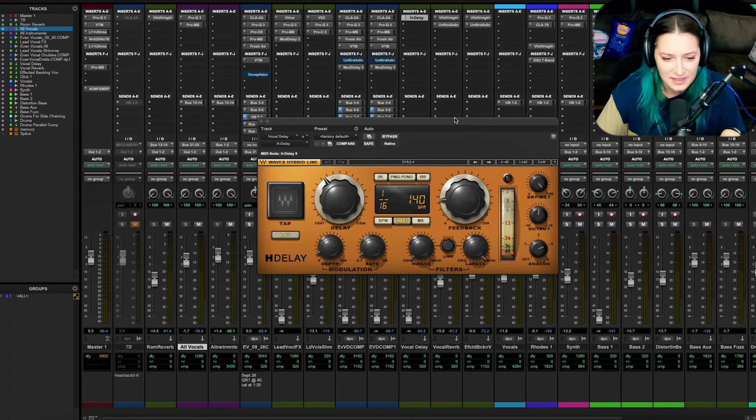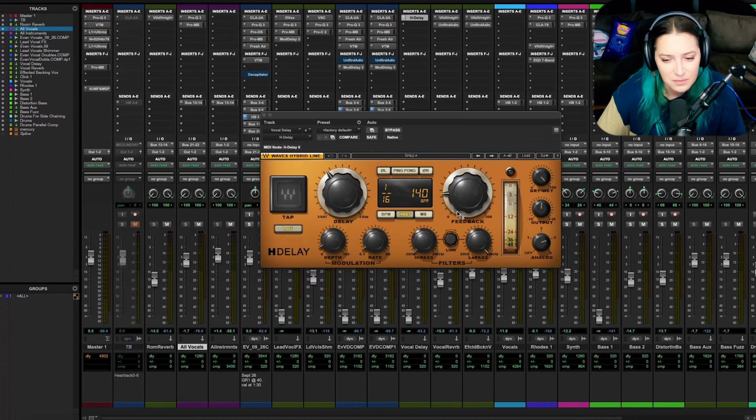And then I think this is the last one I'll talk about. This one I use much more rarely, but I'm still using it fairly often. It's the H Delay. This is made by Waves, and I will use this if I want a delay that's a lot more affected sounding, a delay that's kind of been funked up. It adds some analog tone. I forget exactly what it's doing to it, but you can really change the tone